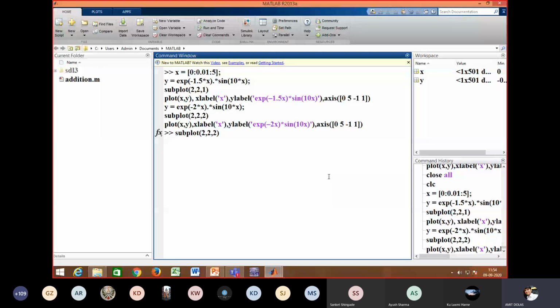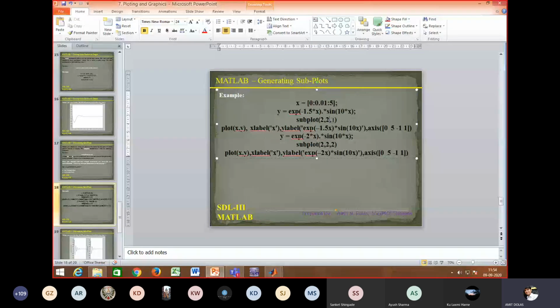I'll change the position. So position 1 I will keep as it is. I'll just change position number 2 to position number 4, and we'll see this change, and later on we'll stop this lecture.